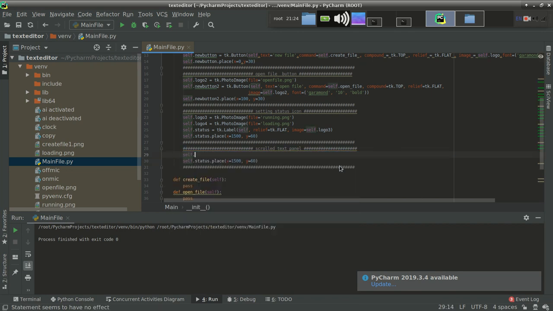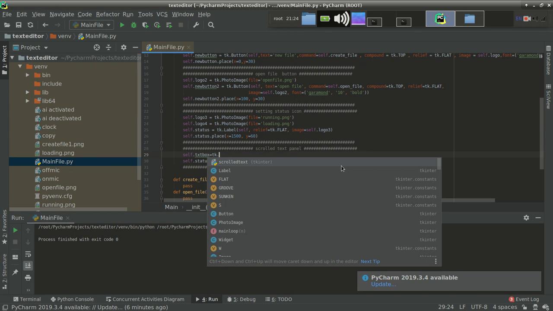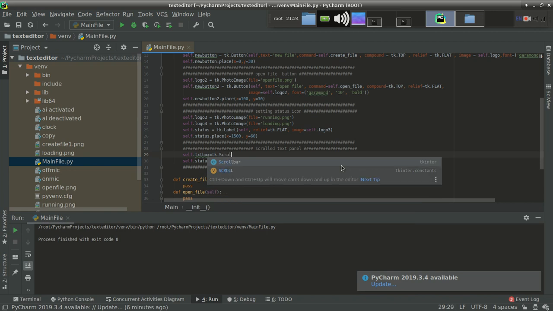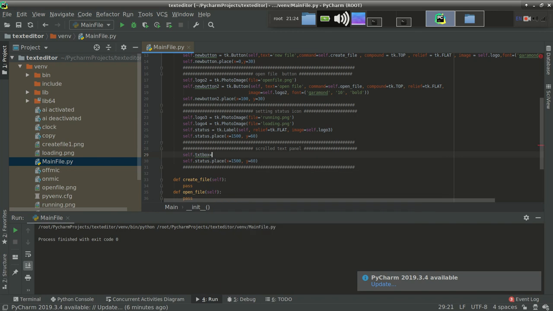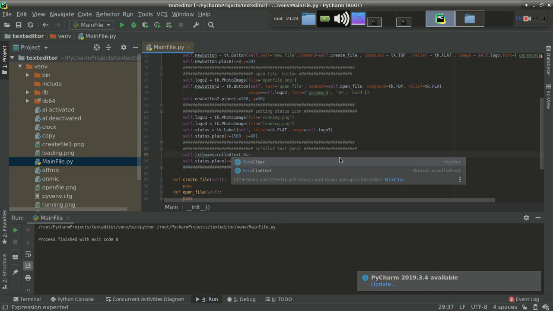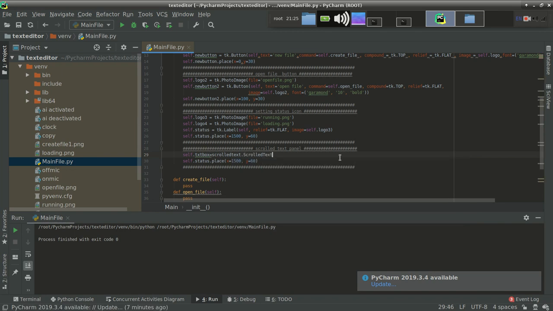First of all we have to provide the name, self.textbox, txt box, which is a user provided name. For importing it we have to use tk dot, sorry, actually we have not imported it with tk, we imported it externally. So to use it, we have to write scrolledtext.ScrolledText. Yeah, this is the correct syntax.